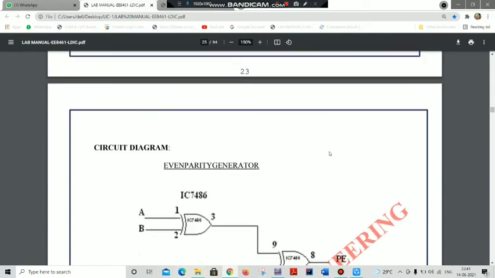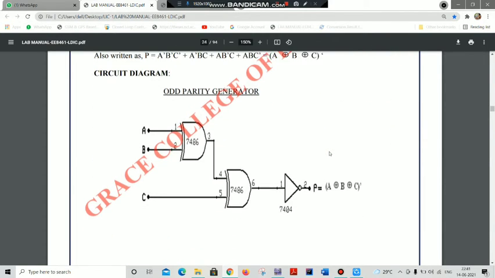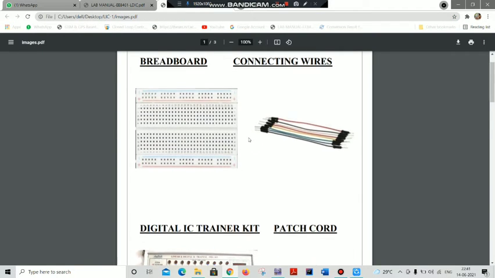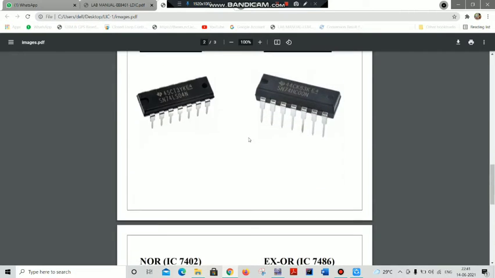The odd parity checker and even parity checker work as per your generators. Okay, so you can connect this circuit diagram as per the circuit given in your manual with the help of your IC trainer kit, and the components like the XOR gate, which are shown in this picture.